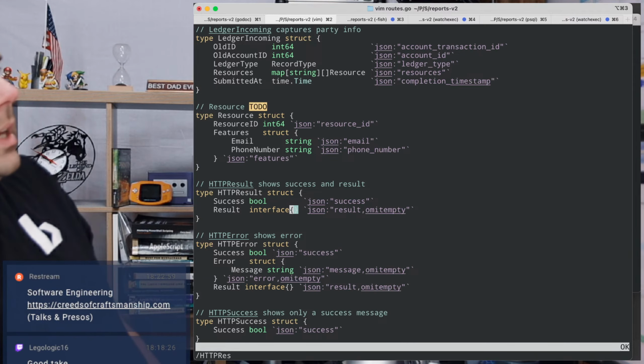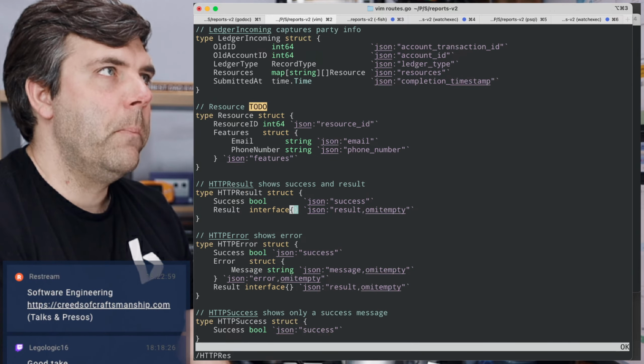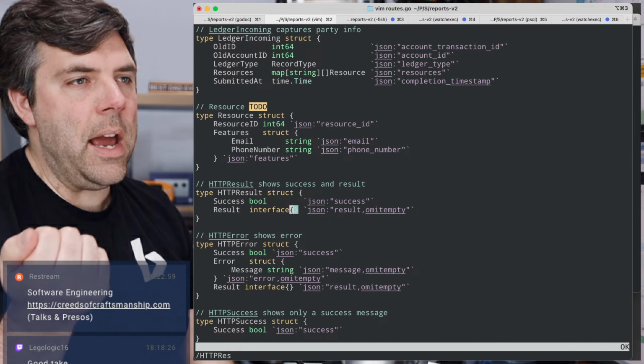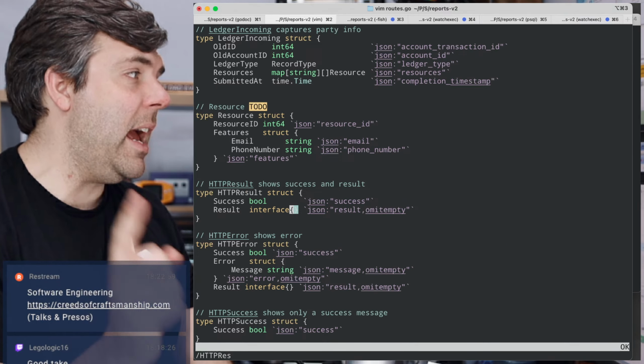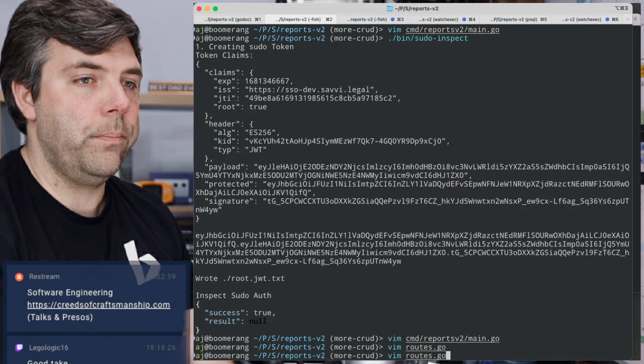This is one of the biggest gotchas I think in Go, and I still don't know off the top of my head. This is one of those things where when I encounter it, I have to look it up. I still don't know what the solution for that is. I need to have that in my cheat sheet. Next time I encounter it, it's going into my cheat sheet.